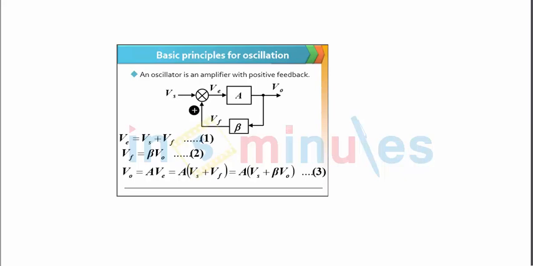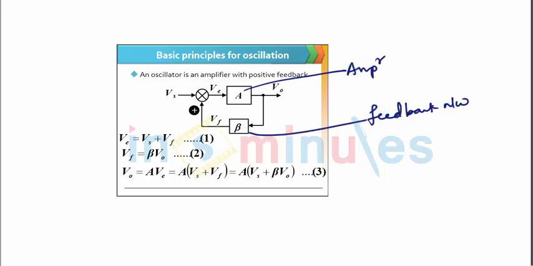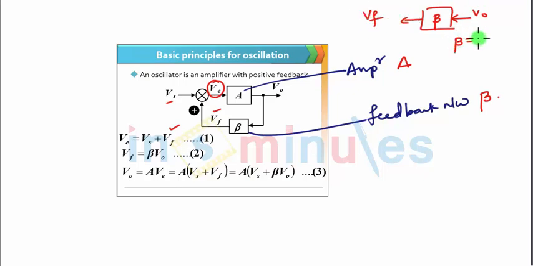Now considering the positive feedback, you can see this is your amplifier, this is the feedback network. The gain of the amplifier is considered as A and gain of the feedback network is considered as beta. Now we can say the error voltage or input voltage to the amplifier can be written as Vs plus Vf, that is addition of the two. Then Vf, as I have told you, suppose beta is the gain, input to this beta is Vo and output from this is Vf. We always write gain as output upon input, Vf upon Vo,